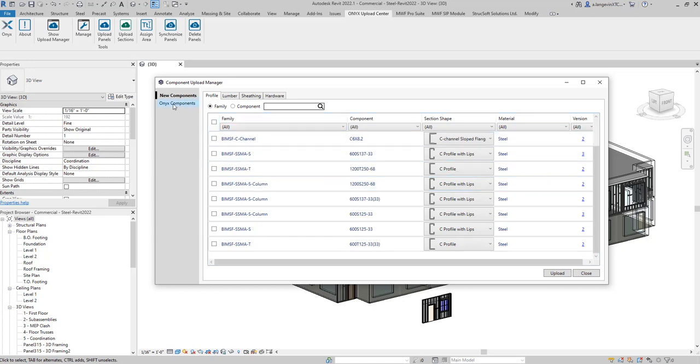And just over here on the left side, under Onyx components, this is where I will see every single component that I've uploaded to my Onyx account. So from here, I can go ahead and select the ones that I want to remove, for example, and hit delete. So these are going to take them out of Onyx. Now, if any of these are tied